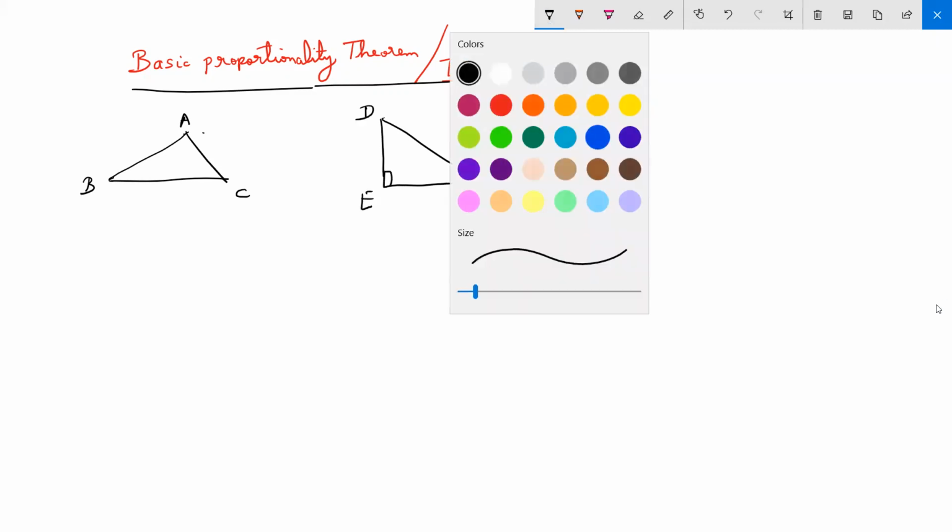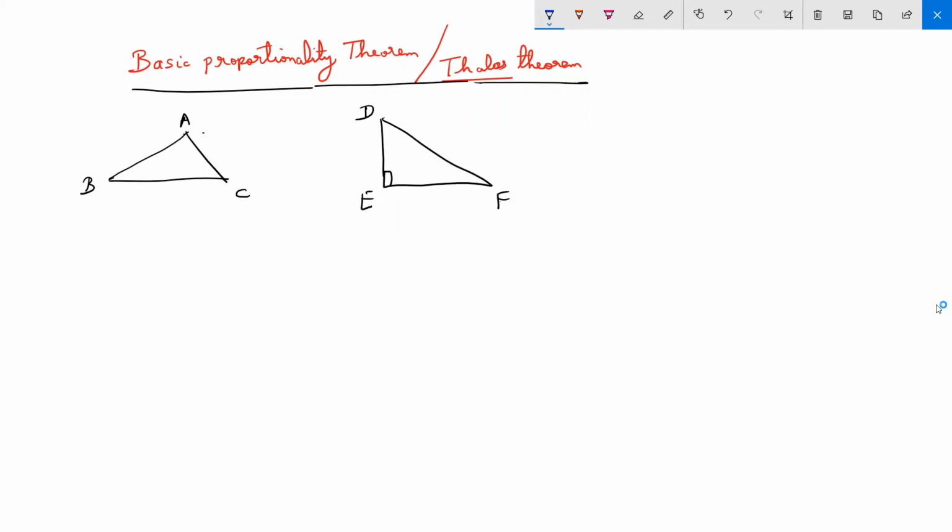Now suppose I draw one parallel line to one of the sides of the triangle. So in a triangle there are three sides. I can draw any line parallel to one of the sides of the triangle. For example, I draw a line, this line GH, a line parallel to AB. Is it clear? So here, I have drawn a line parallel to AB.